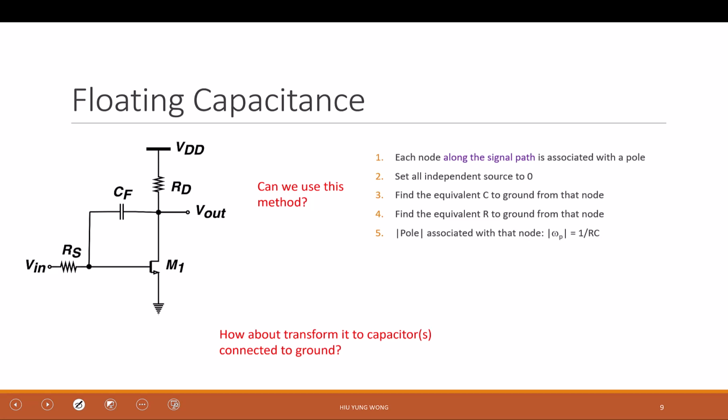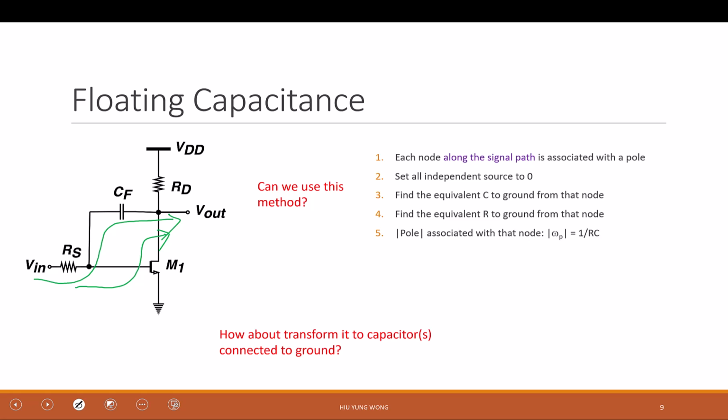Now, but sometimes we have a circuit like this. How do I find the pole of this circuit? If I go through this process, first of all, it's already pretty troublesome. It has two paths, right? One is I can go through CF, another is go through the transistor. I don't know how to do it. But even if this is resolved,